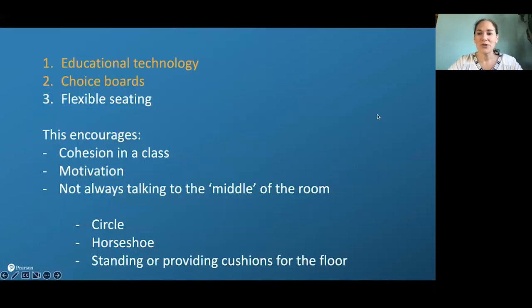So after choice boards, we have another way you can implement a touch of personalized learning in your class, and that's through flexible seating. So sometimes when we work in a classroom or an academy, the seats are in rows, and we've got 30 plus students perhaps we're teaching to. Are you able to change that seating arrangement? Because for me,